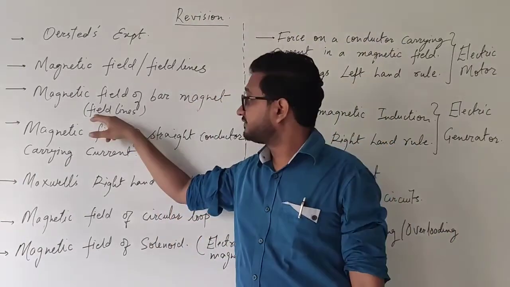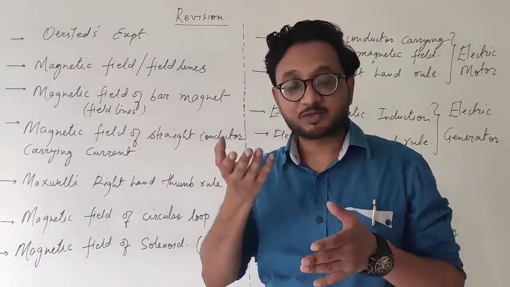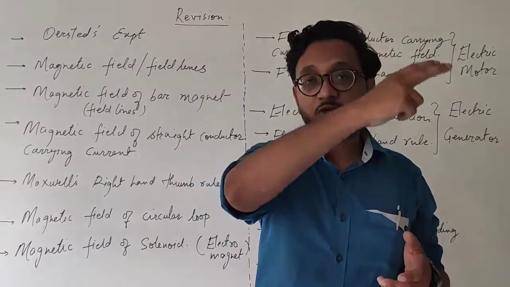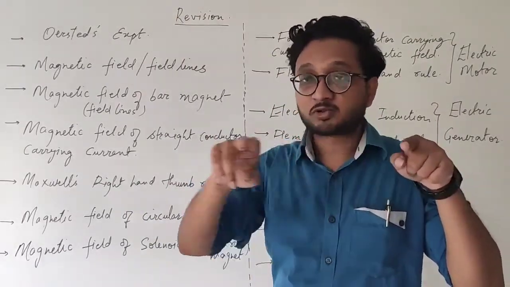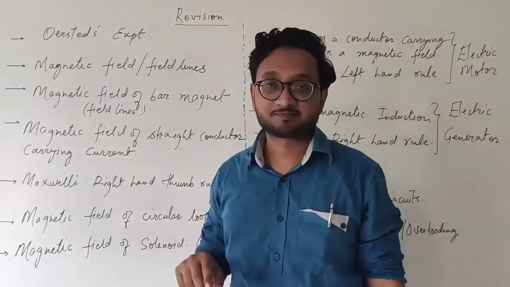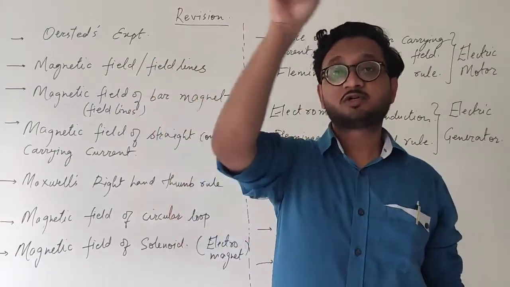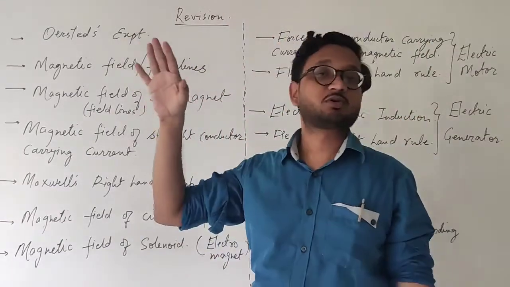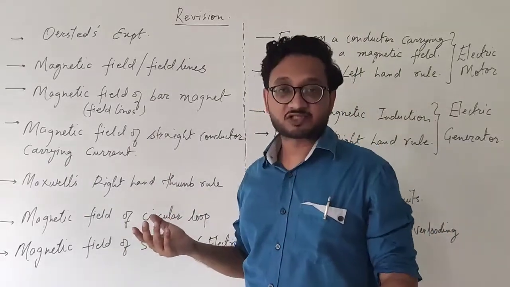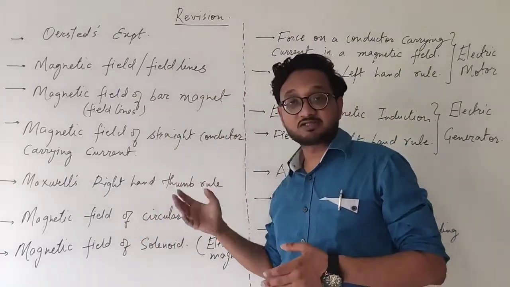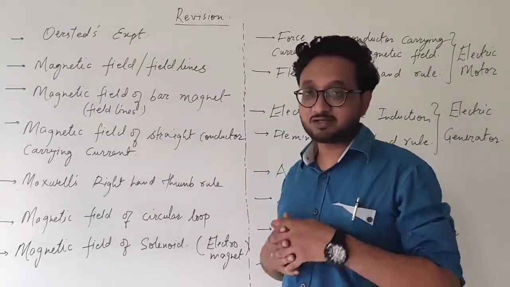Now we talk about the field lines of a bar magnet. They emerge from the north pole in a circular loop, enter the south pole, and inside they continue from south to north in straight parallel lines. So they are closed loops which move from north to south pole outside and south to north inside. We have studied everything about it. You can check it in the previous videos. I am not going to draw all the things, we are just going to revise them. So try to remember what we have studied.